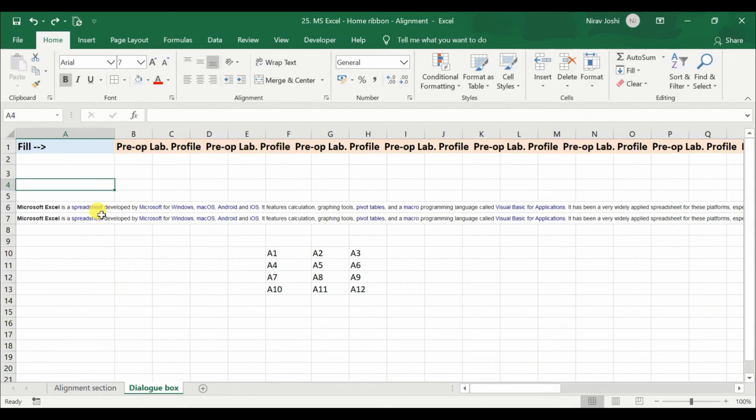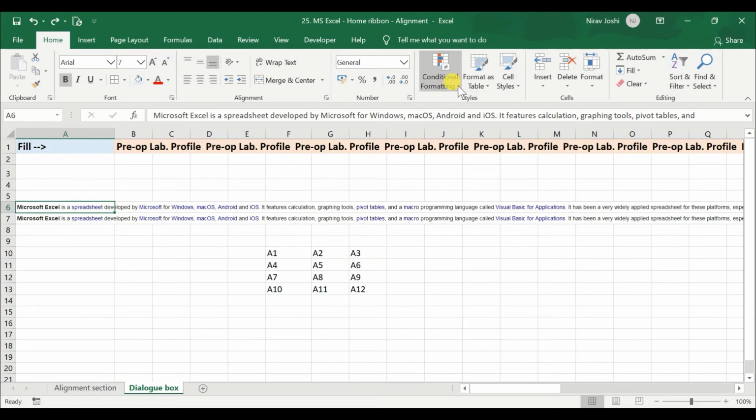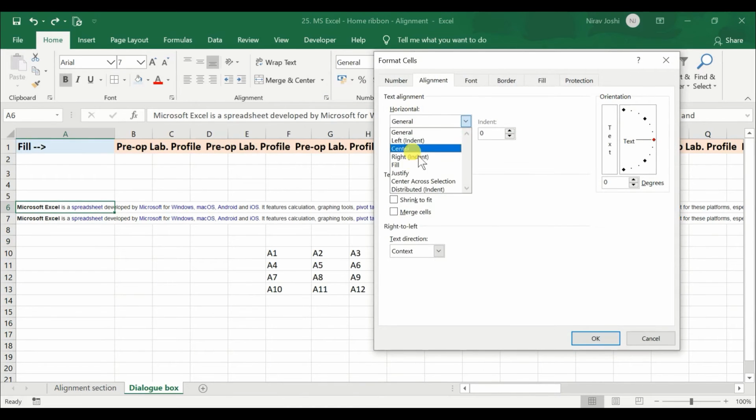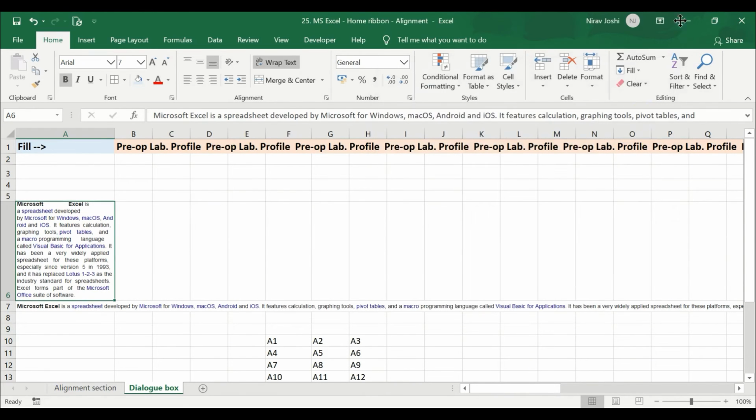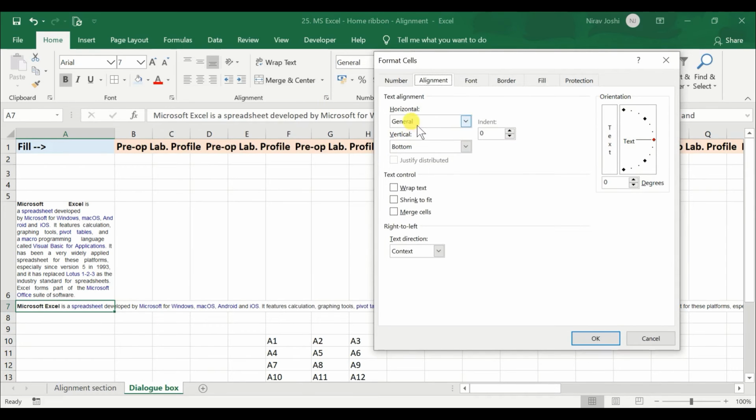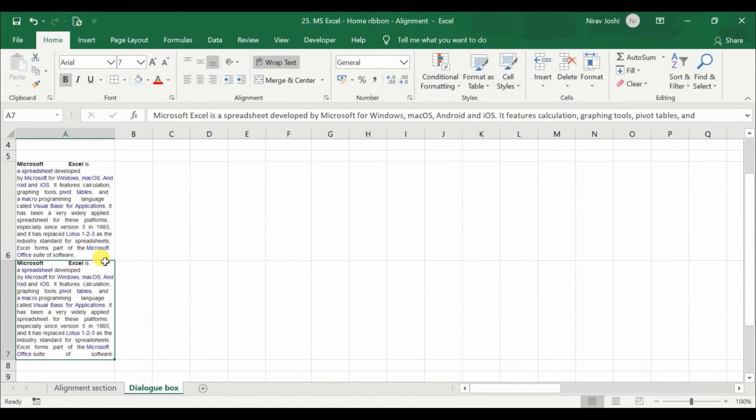Now to discuss the next options, I have this long text in the cell. I am selecting the cell and then selecting justify. It will work similar to justify in Microsoft Word. Along with that, it will also wrap the text in the single cell. For the next option, I am again selecting a similar kind of text and selecting this distributed. So press OK and it will distribute the text along with wrapping the text. Now the difference between justify and distributed is that it will also distribute the last sentence or the last line of the text, to make it justified as well.